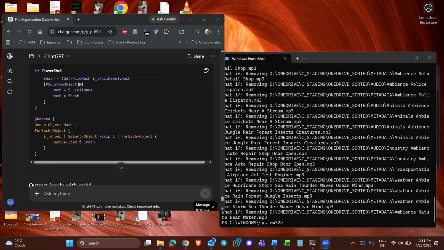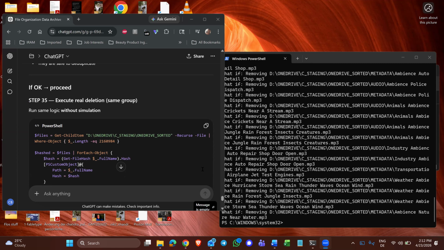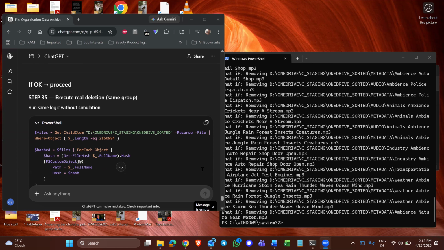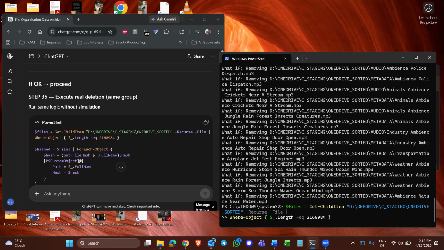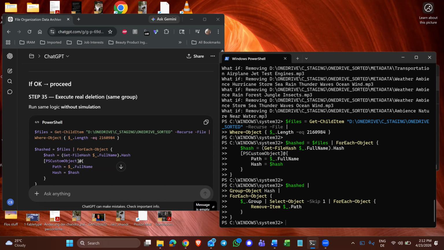Okay, so we are now about to execute real deletion, having confirmed everything else in this process of terminus-first OneDrive data restructuring and organization. So copying the commands that ChatGPT has generated for me, pasting them into the terminal. And let's see if we get a bunch of red error or, hmm,